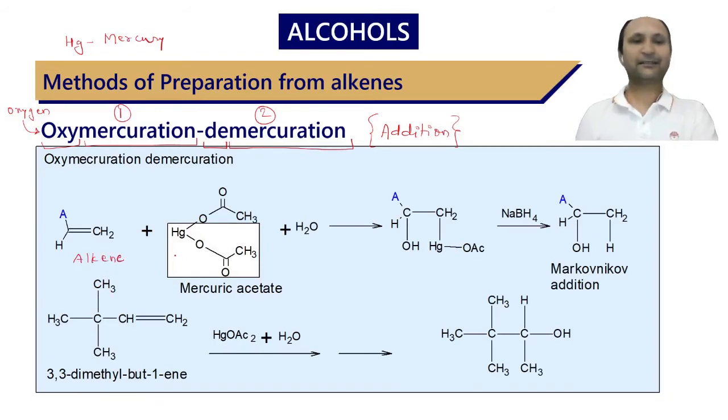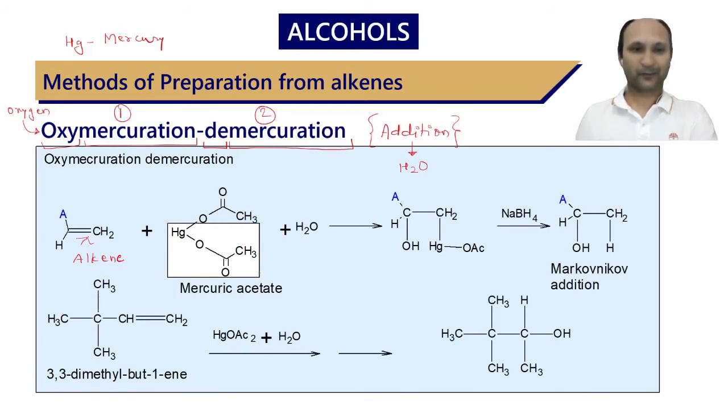And alkenes generally show addition kinds of reactions where the pi bond is broken in order to produce two sigma bonds, and these addition reactions can also be seen in case of some alkynes. Okay, so let us begin with this reaction, and our first reactant is alkene and the second is mercuric acetate along with water. So basically this addition reaction involves addition of water to our alkene molecule.